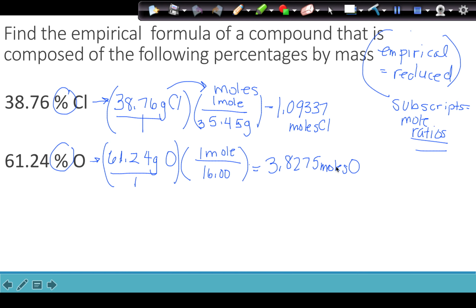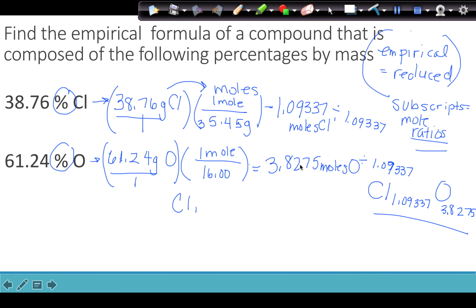And now remember, if we're looking for moles, this means that if I stop here, I wind up with Cl 1.09337 O 3.8275. And I've never seen a formula that looks like that. We need to get these to whole numbers. And in order to get to whole numbers, the next step is to divide by the smallest result of these calculations. So obviously for the Cl, we're going to get a 1, dividing by itself, by its own number. The 3.8275 divided by chlorine's number gives me a